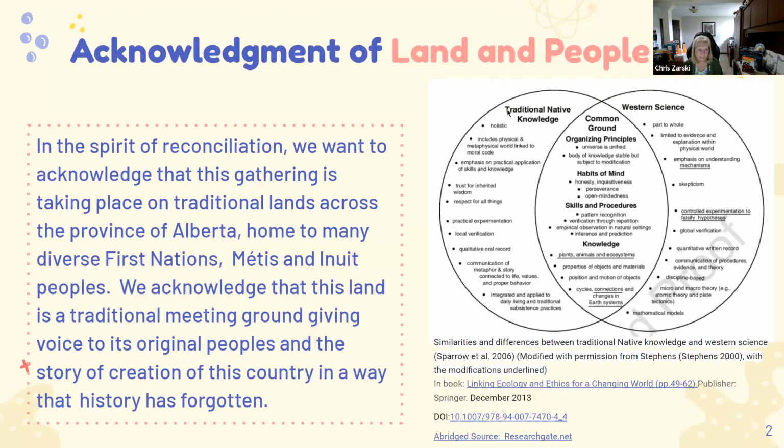On the left-hand side, you have the traditional knowledge. For example, you see that holistic sits outside of the circle belonging to the Indigenous lens, because when they look at science, they look at the land, they look at the world, they look at it holistically. Whereas we look at it as a part of a whole, part of something that it belongs to. We use the analogy, or have in other examples talked about, where in a food chain, for example, does the human fit?